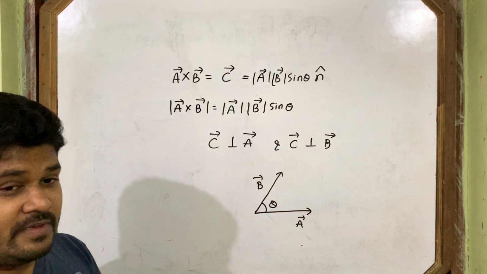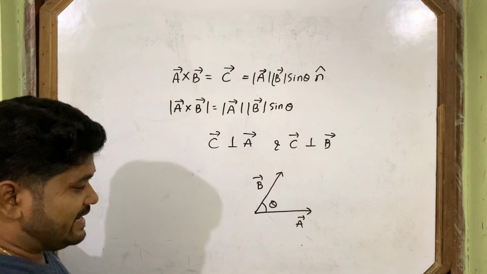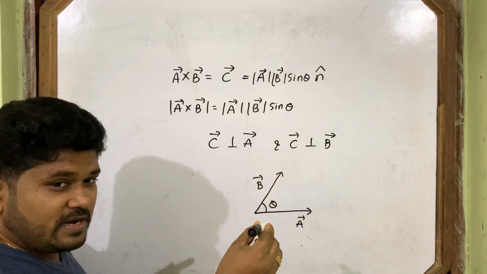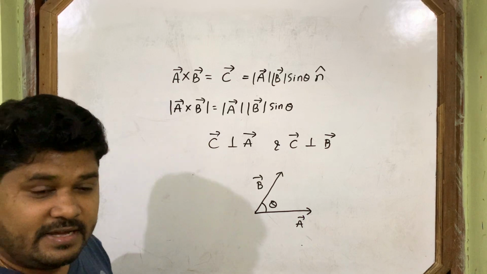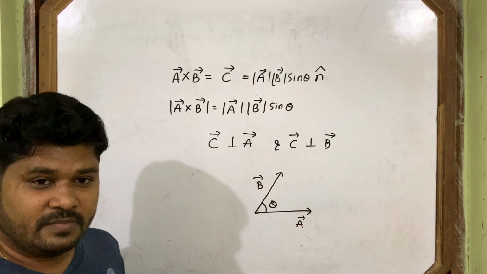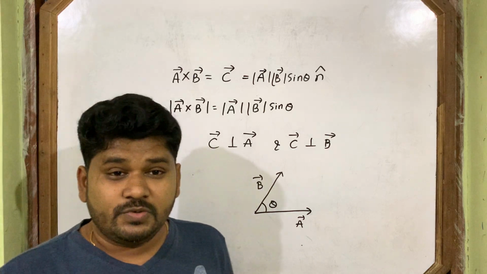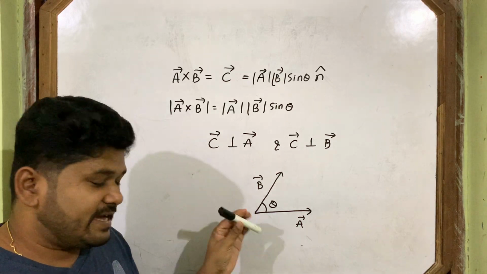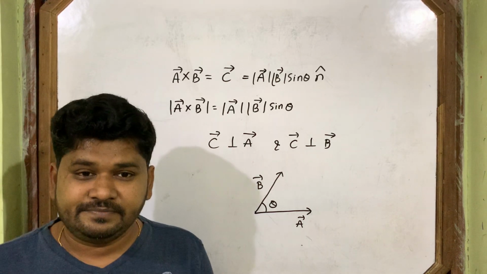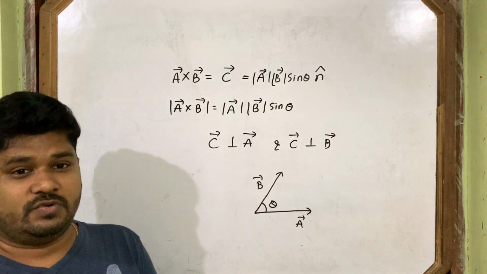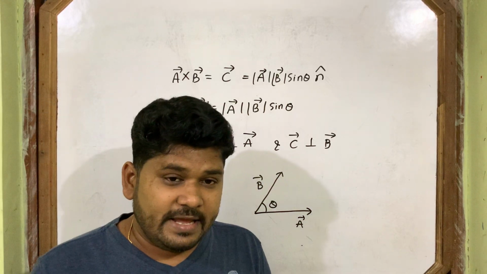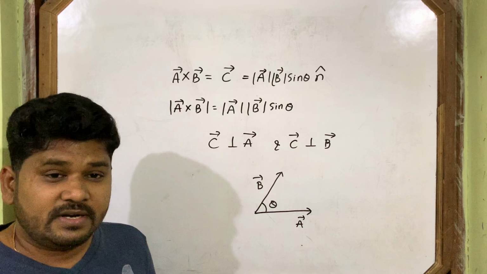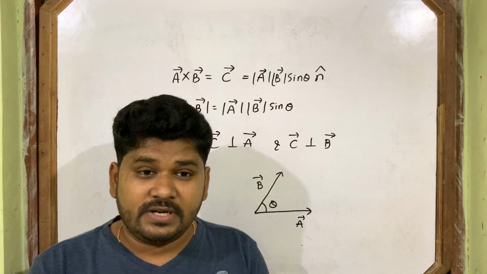Perpendicular means where is the direction of the C vector? It can be like this, outward, or it can be like this, inward. Perpendicular means we understand two ways. One may be perpendicular like this, one may be perpendicular like this, can be outward, can be inward. But exactly what we want to know is the direction, perpendicular, but exactly outward or inward? How can we determine that?